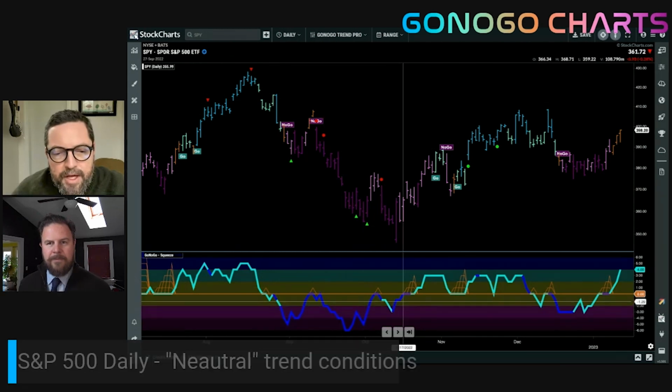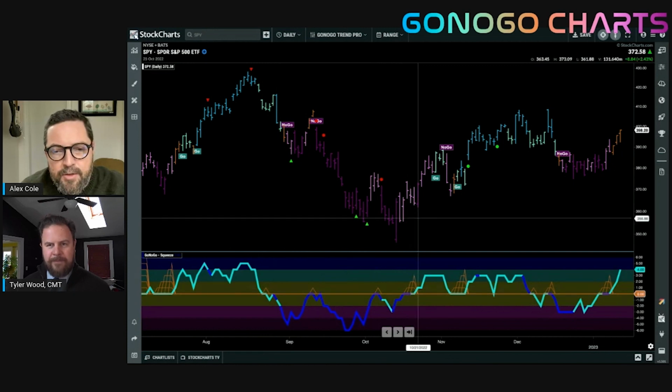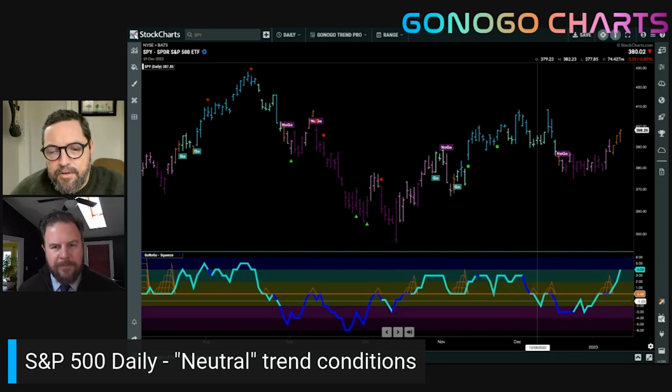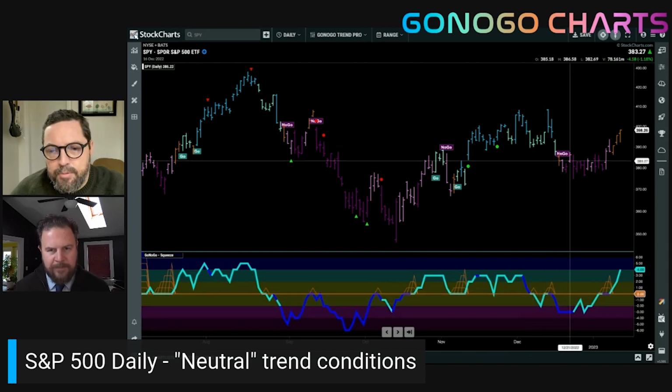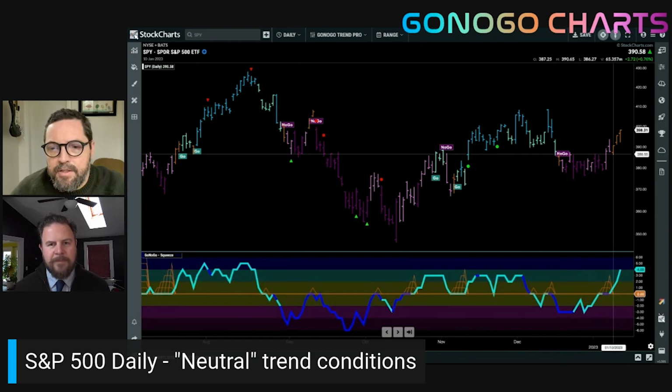And every time that oscillator switches or breaks the support or the resistance into the other direction, then we get price following and making an attempt at a move to start a new trend. And that's what we've got here again. We've had the oscillator break below zero. That was followed by a no-go correction. And now we've got the oscillator back above zero as we've seen these consecutive amber bars taking us out of